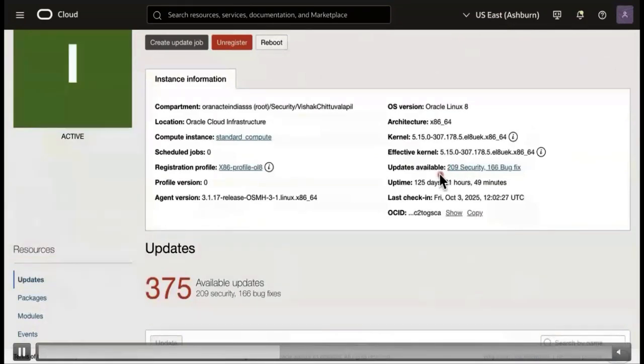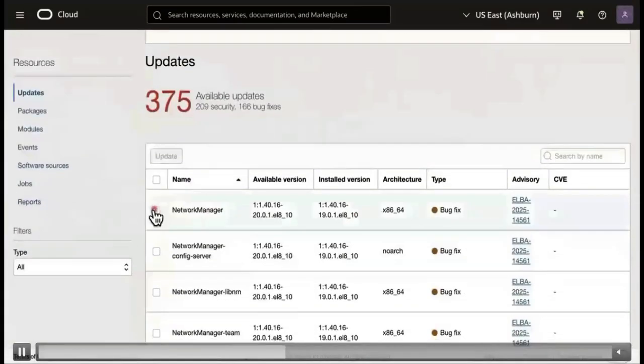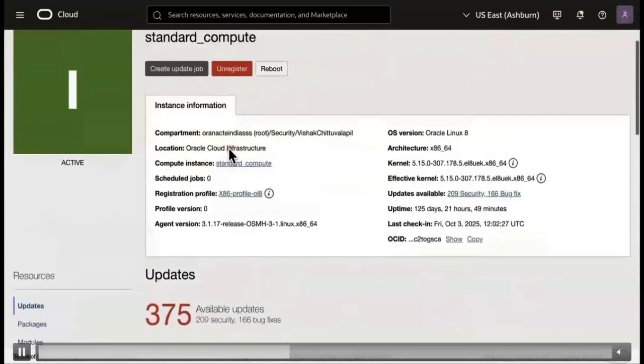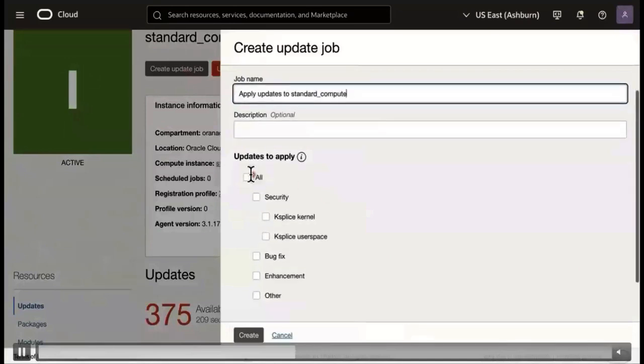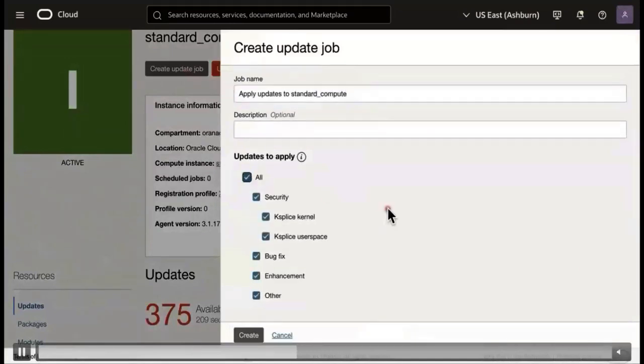You can either select individual packages that you want to update from the list of available updates in the below screen. But I'll apply all the updates in one single go with a create update job. So what this job essentially will do is it will take care of everything, ensuring no critical patches are left behind. I can apply them immediately